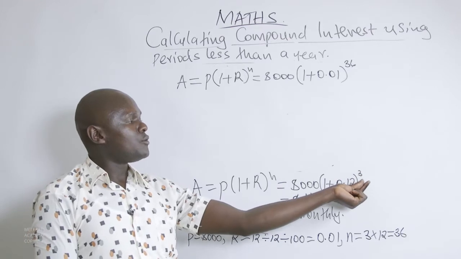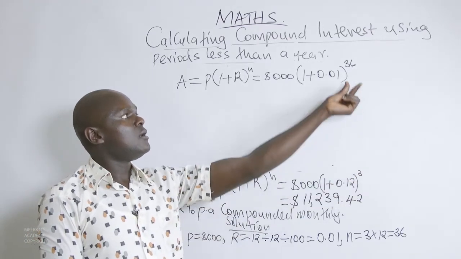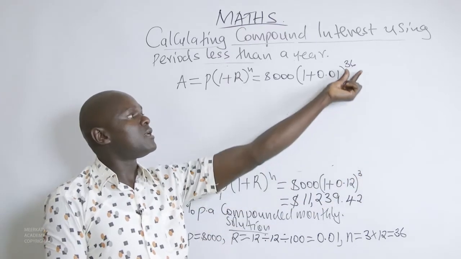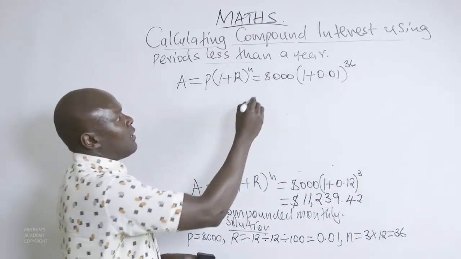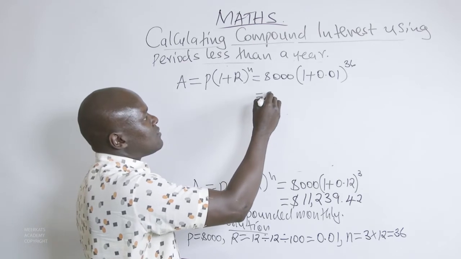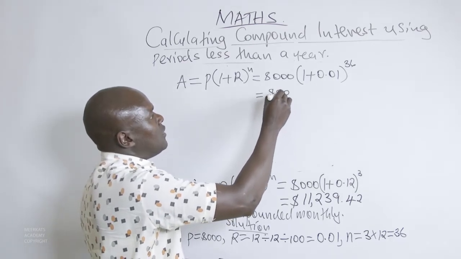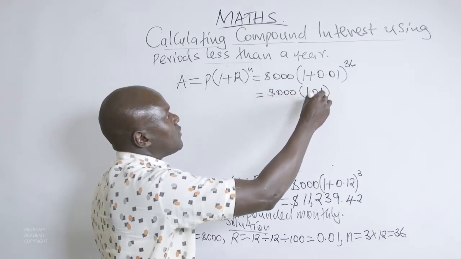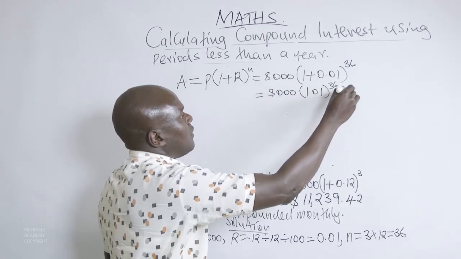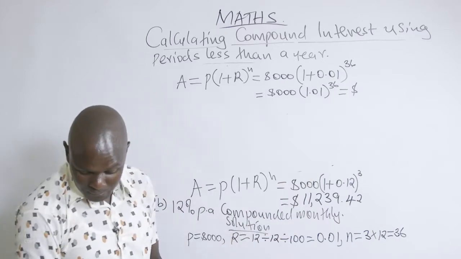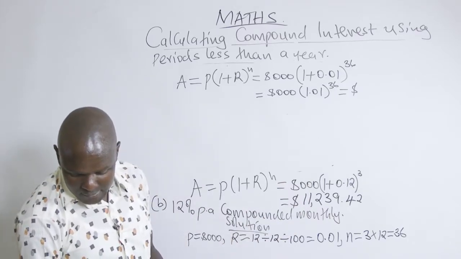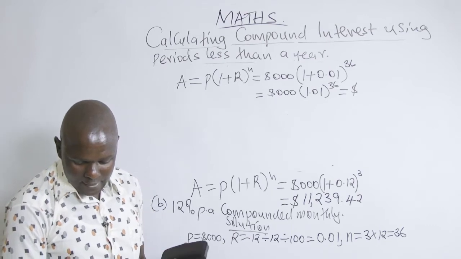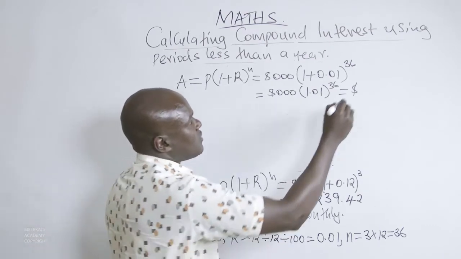And also when you compare here, the periods are 3 and the periods are 36 because we have converted 3 years into months. That is 36 months. And this will give us 8,000 multiplied by 1.01 raised to power 36. And when you do that, this is going to give us